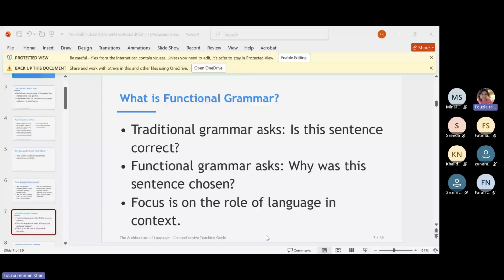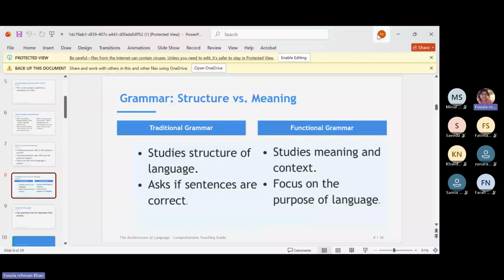So let's move to more differences, but we are already done with it. One is structure, the other is meaning. One is cohesion, the other is coherence. You can say that in other words. We have done this. This is all about correctness, accuracy, and this is the purpose, functionality. Okay. Now,